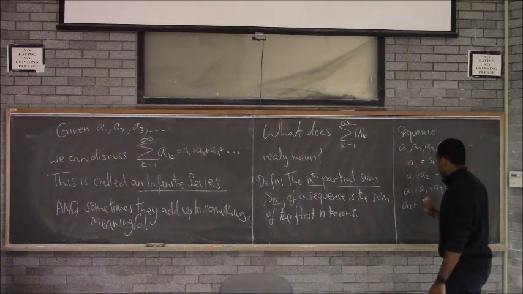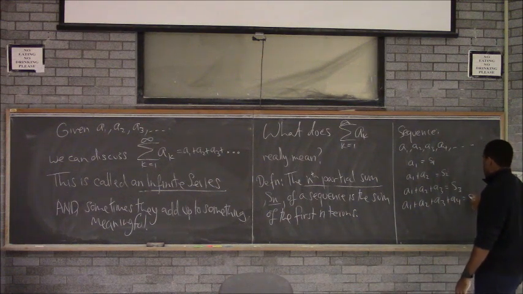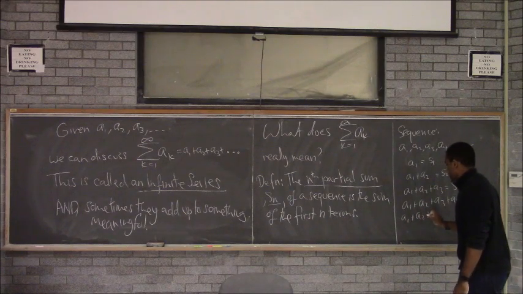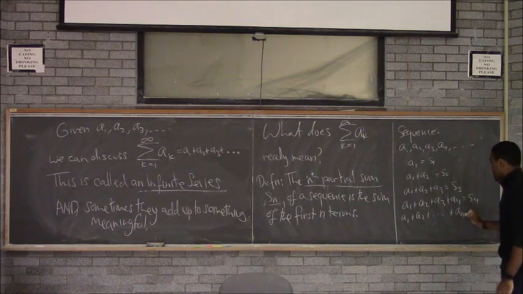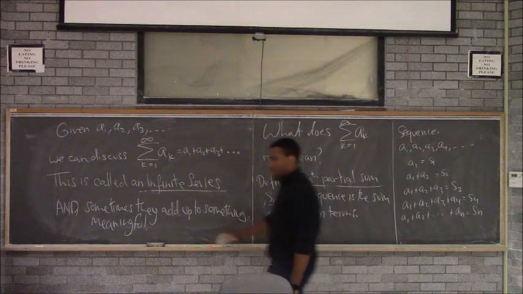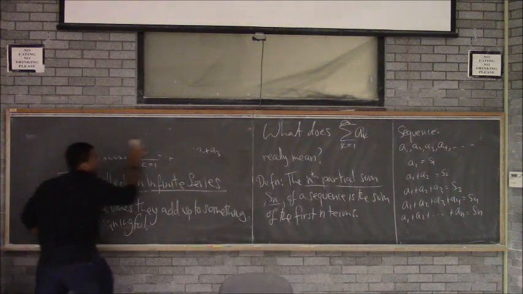I can add the first 4 terms. This is S4. I can add the first n terms, and I call this Sn. This is the idea of a partial sum. Now what you will notice about a partial sum, and you can look at this for the finite case,